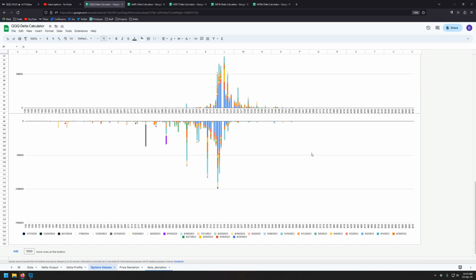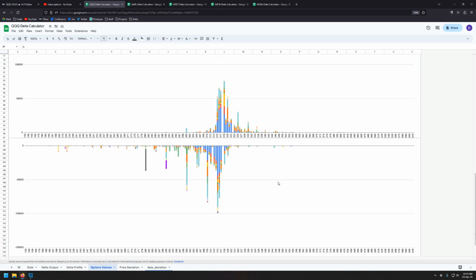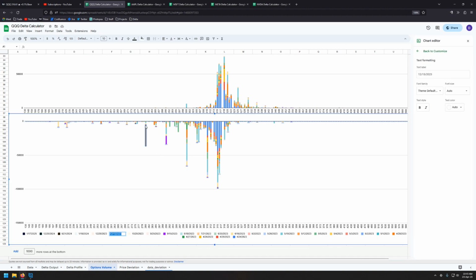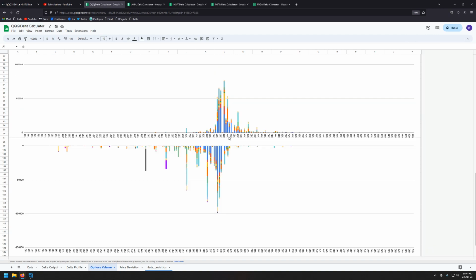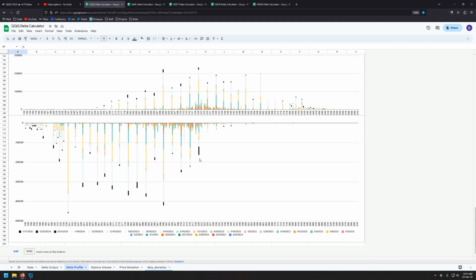The one thing to note here is that we had this spike here, and let's see where it was. So it was for the 280 put for December, quite a bit of volume. This could have been a hedge, so I don't know for sure what it was. But let's go back to the delta profile. And what does the profile look like? It looks pretty extreme